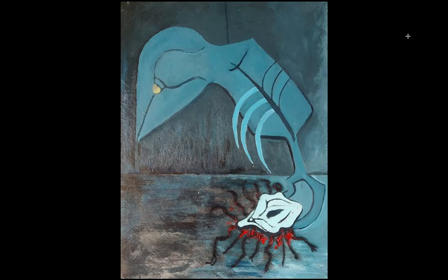Looking at the work, we can see several abstract forms. One that's notable is this large blue shape or form that exists in the upper half of the painting, and around it you can see these black contour lines. Springing out from this center point here are three curved lines that are slightly lighter blue, and apart from those, on the left hand side of this blue form, we can see another indication of lines here with those dark contour lines, and one example of the color yellow, which is the only example of it in this entire